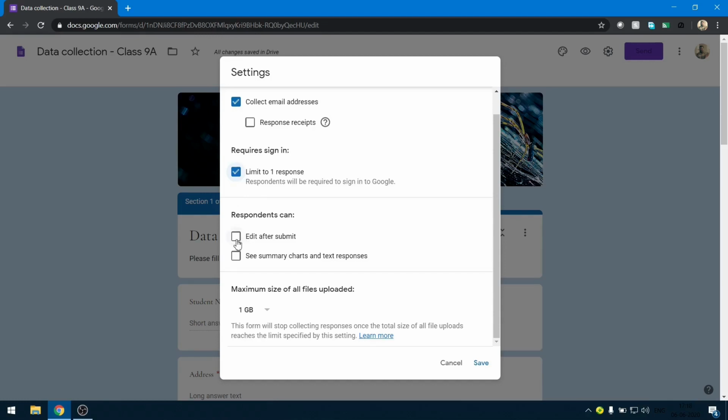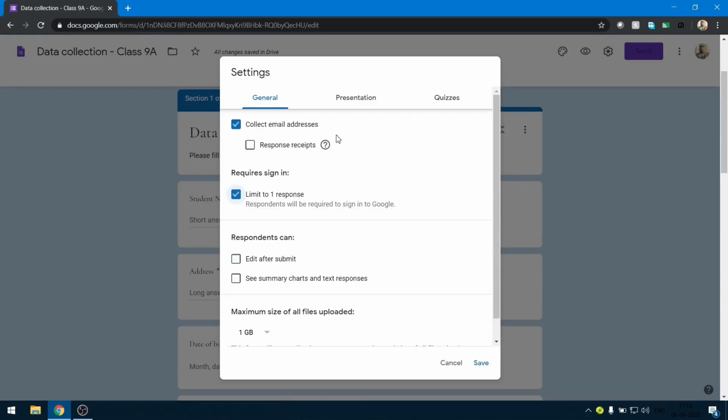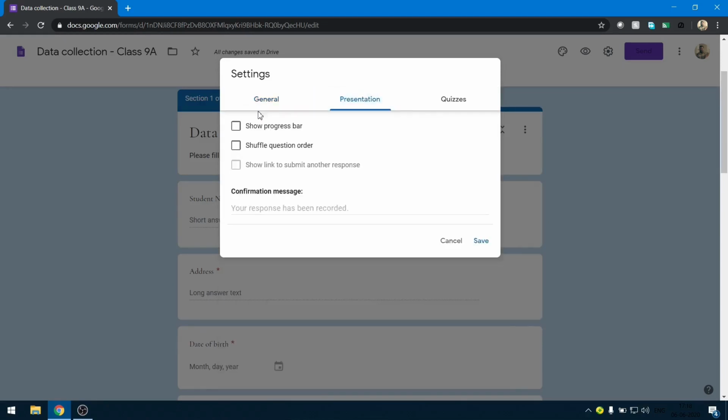You can permit editing after submission and show summary charts and text responses to the students and the maximum size of all files uploaded. Under Presentation tab, you can show the progress bar to the students so that they will get to know how far they have completed.